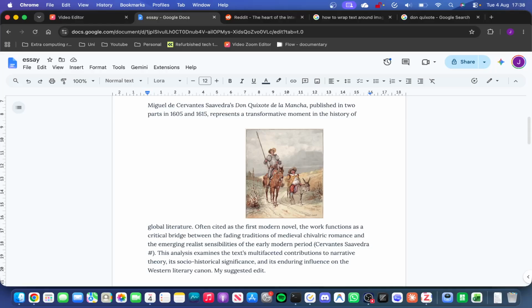When you insert an image into a Google Doc, it sits in line with the text by default, breaking the paragraph around it. To fix that, you can wrap the text around the image, which makes the document look much